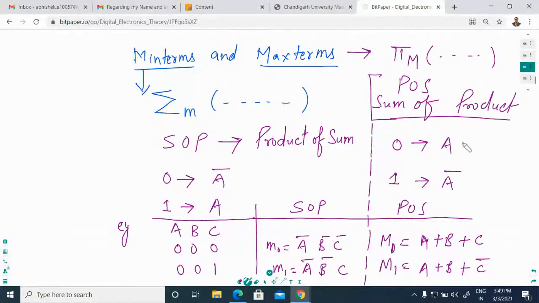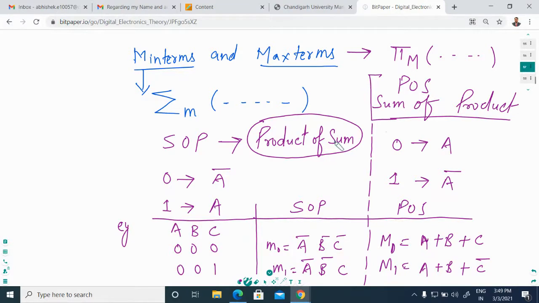We represent the min term with the symbol summation of m. A min term can be represented by SOP, that means sum of products. We perform all the products first, then we perform the sum.